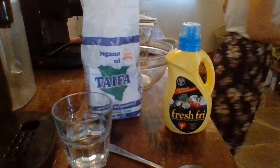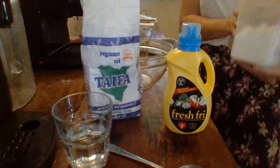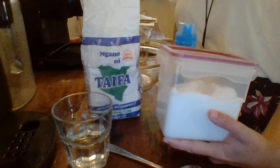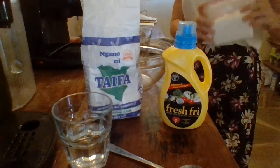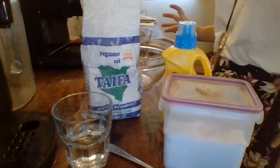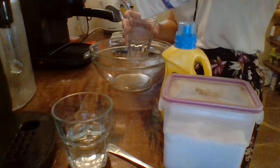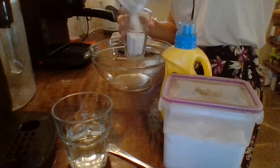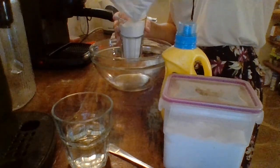Oh, the other thing, if you want to, is salt. Now, when we make it at school, we put quite a lot of salt in to try and put the children off eating it. But if you want it to be salt dough instead, then you can add salt. I might add a little bit, not too much, because I think that I might eat these chapatis for lunch. But if you just want it as Play-Doh, then add lots of salt so that your little brothers and sisters